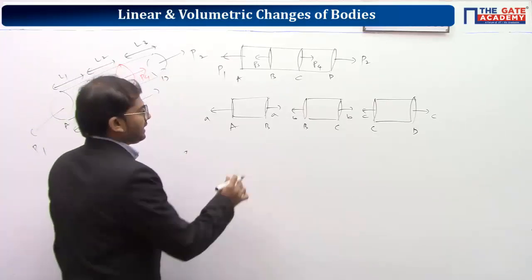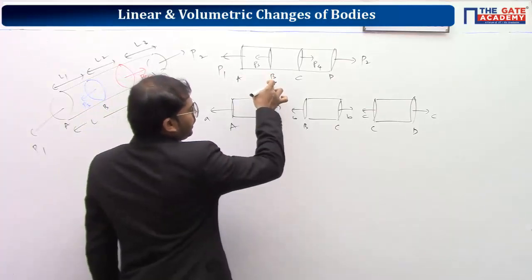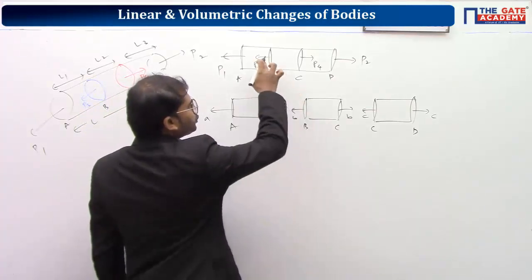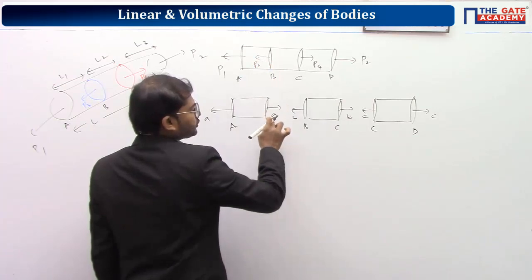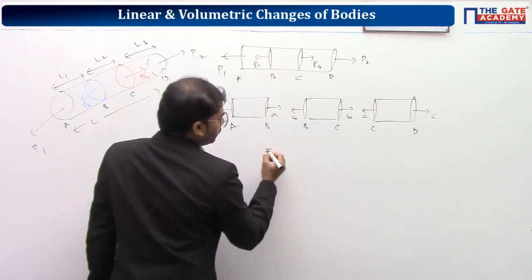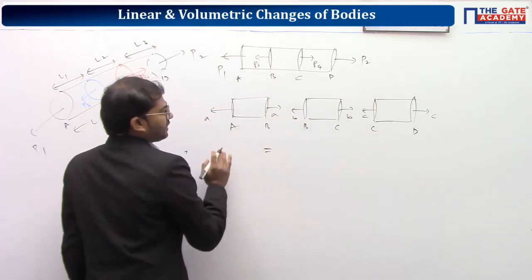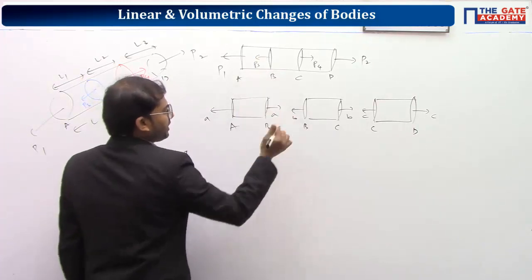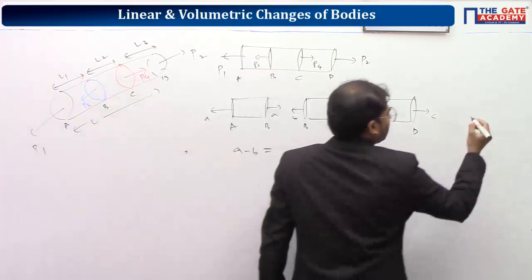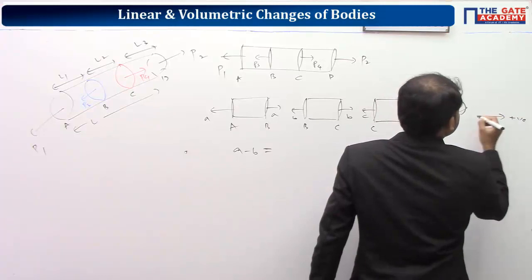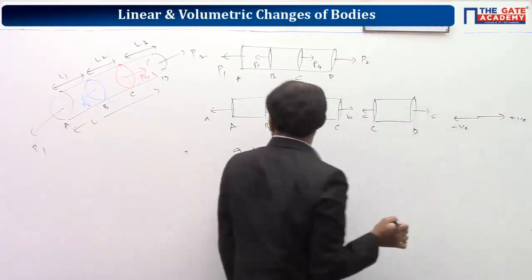Okay. So if you take here, at junction B, a and b are giving rise to P3. In fact, P3 is giving rise to a and b. So what you should do is, left side of equality sign, you will be putting a and b according to the system that this is positive direction and this is negative direction.